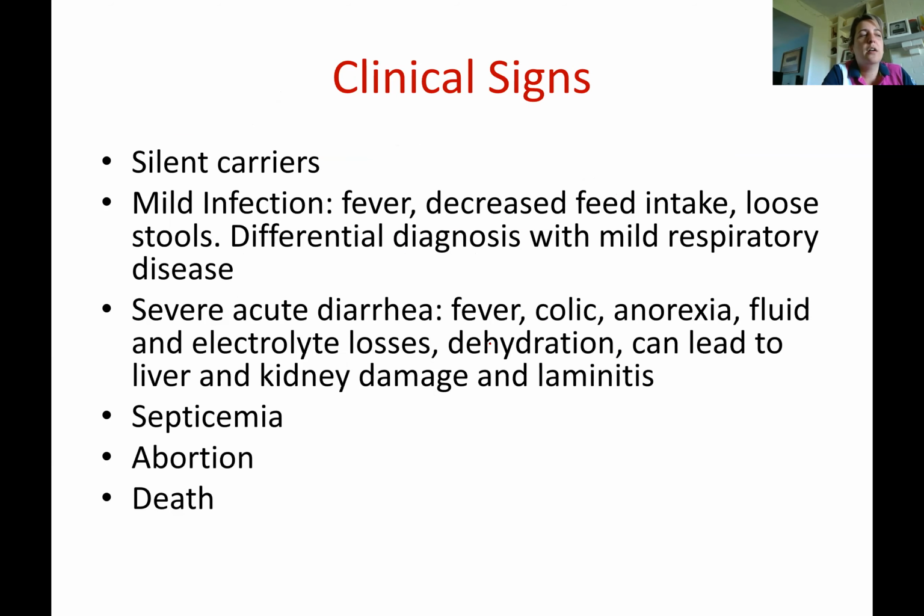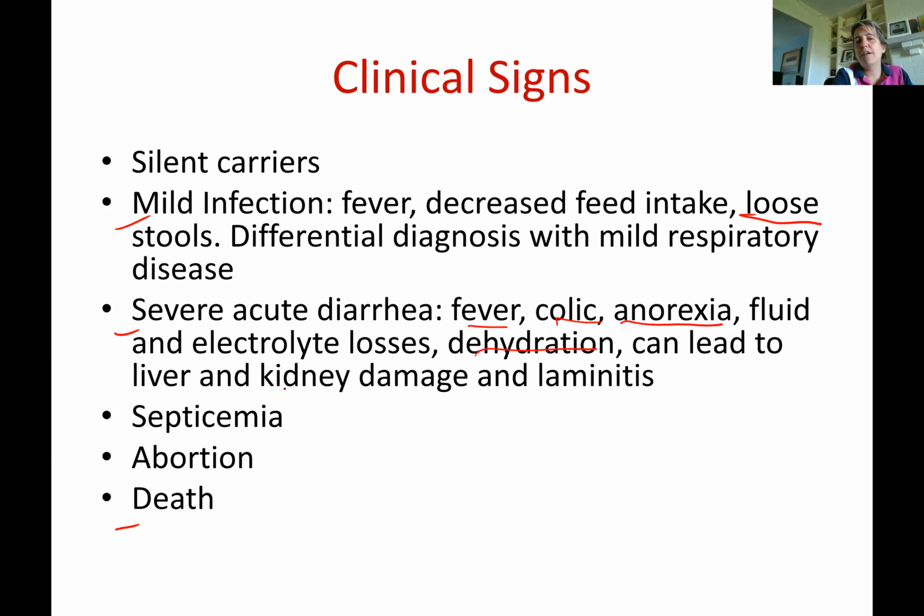Clinical signs, like I said, we're going to have the silent carrier, so these horses that are healthy but are shedding the bacteria, and then we can have a variety of clinical signs. We can have mild, we can have severe, we can have all the way to death. Okay, so we can have fever, decreased feed intake, loose stools, and we need to differentiate between other respiratory diseases, even though this is GI tract, because this horse may just have loose stools, they don't have a lot of diarrhea. And then we can have severe acute diarrhea with fever, colic, anorexia,